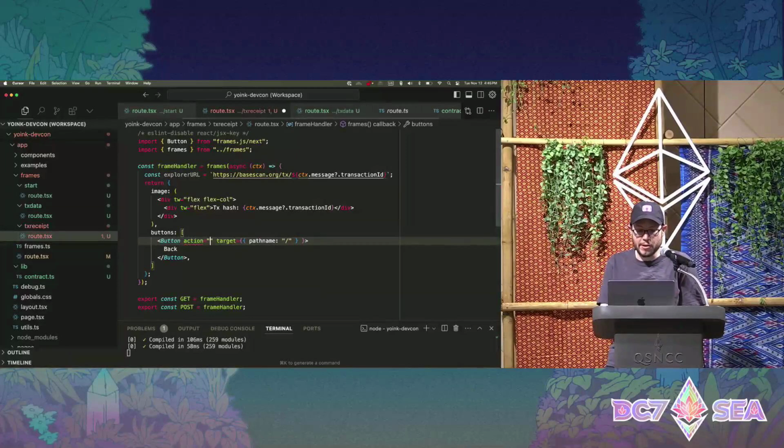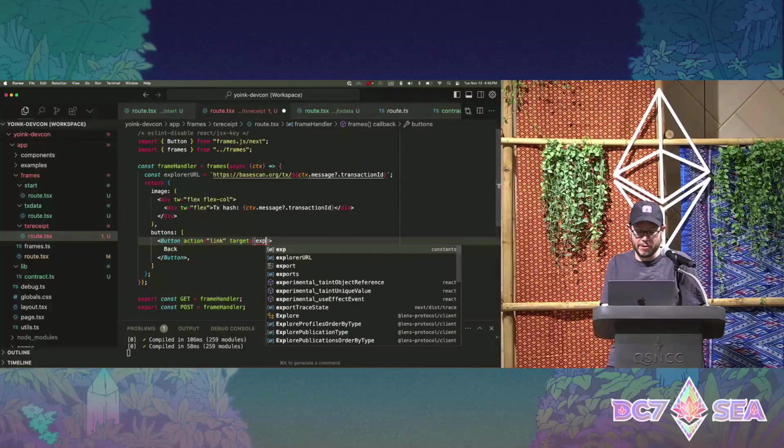So this time we'll use a new action, a link. This is just a static link out to any URL. And we'll put that Explorer URL in here.